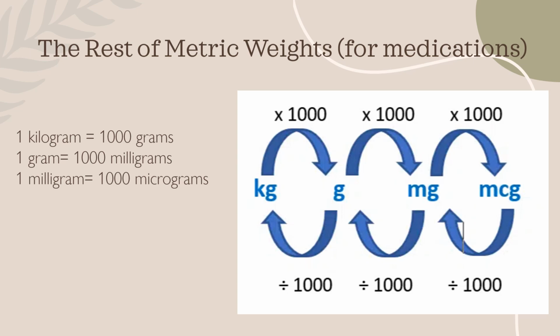To go from a bigger number to a smaller number, like kilograms to grams, we multiply by 1,000. If we need to go from a smaller number to a bigger number, like micrograms to milligrams, we divide by 1,000. If we need to calculate weights that aren't 1,000 apart, like going from milligrams to kilograms, we can't skip a step at all. You have to do each step by multiplying 1,000. Trying to multiply by 1 million leaves way too much room for error with all those zeros, so you have to go step by step.